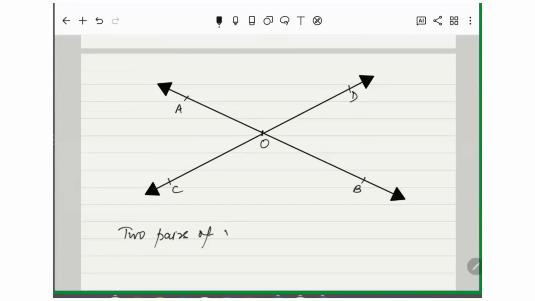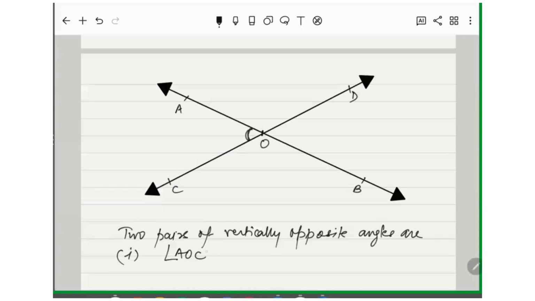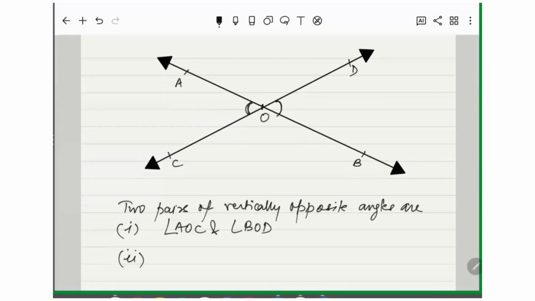Two pairs of vertically opposite angles are: the first pair is angle AOC, this one, and angle BOD, this angle, right? This is one pair of vertically opposite angles, and the other pair of opposite angles is AOD and angle BOC, means this one and this one,